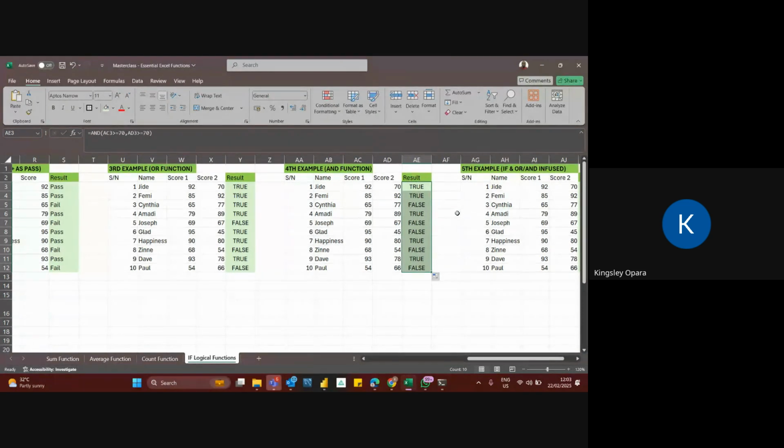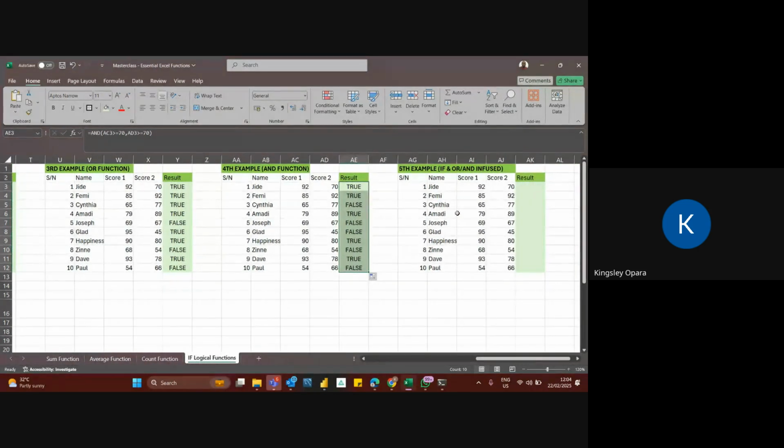Now that is where your OR and your AND will play in. You can see the OR is going to work because it mustn't be all subjects. That is where your OR will play in, and then your AND will play in where you want to say you must have maths and English in it. So that is another simple example I can give of where your IF, OR and AND will work. Are you with me now?